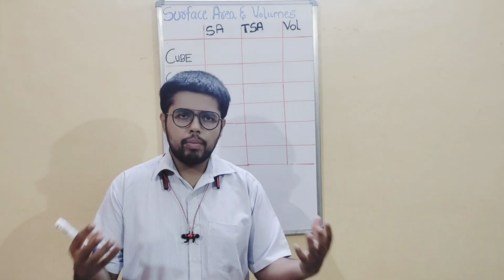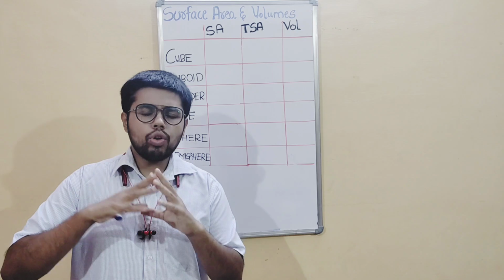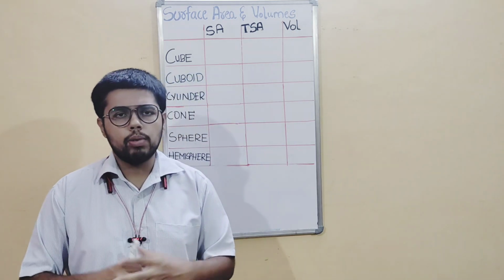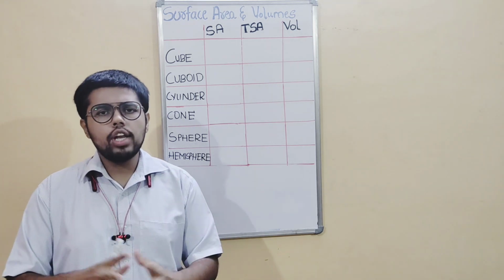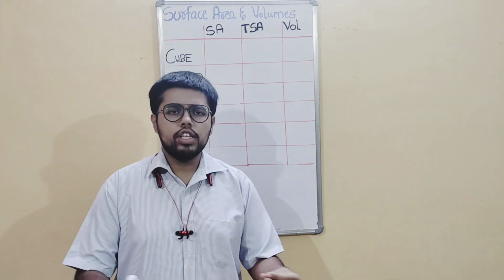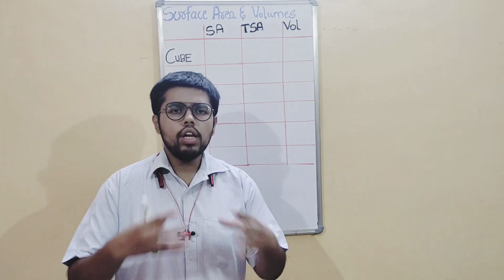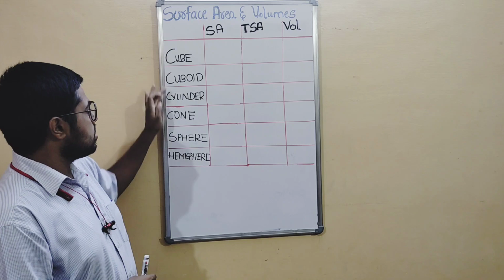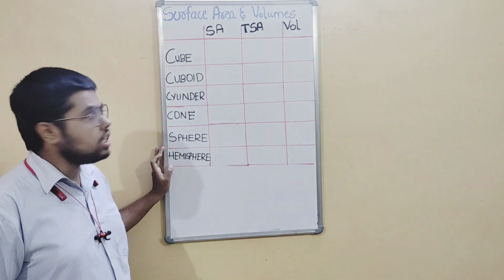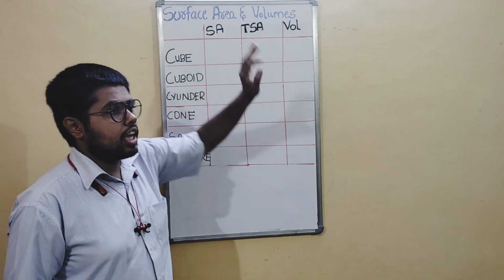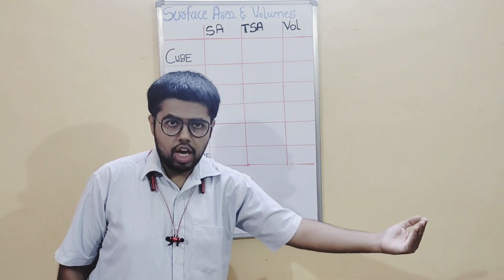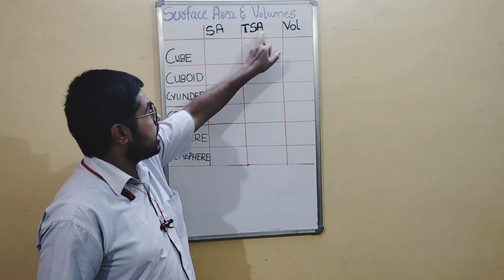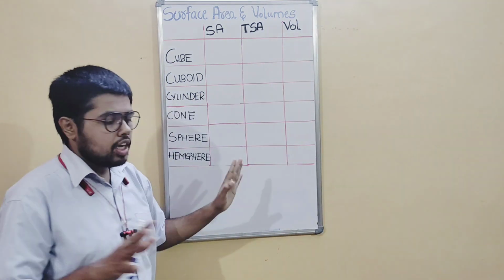The questions are in word format or they give you some diagrams. So you have to comprehend those diagrams, understand those concepts, and then only you can solve the problems. So I will quickly tell you a methodology. I have kept all the solid shapes here, and I will teach you how to fill this box. You can see here I have written all the 6 important solid shapes that we learn, and the surface area, it can be curved surface area or the lateral surface area. I will come to the difference of this later, and the total surface area and the volume. Okay. So let me quickly start.